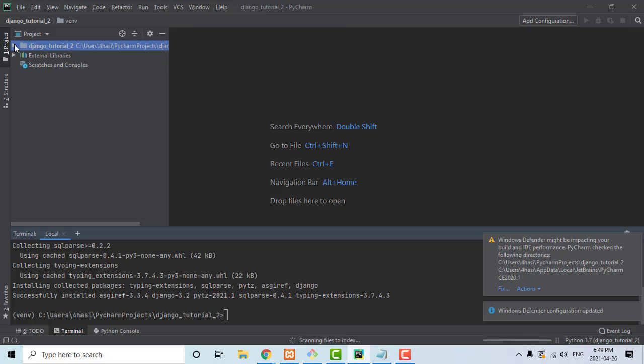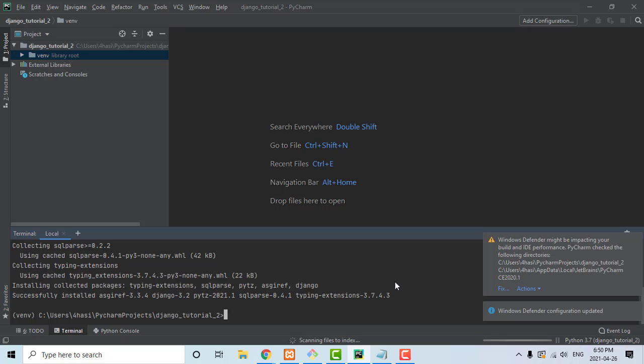Django tutorial 2 is our virtual environment folder. Then in this virtual environment I install Django first,